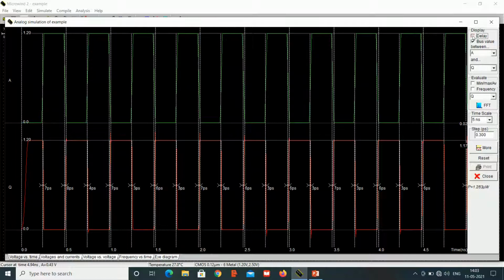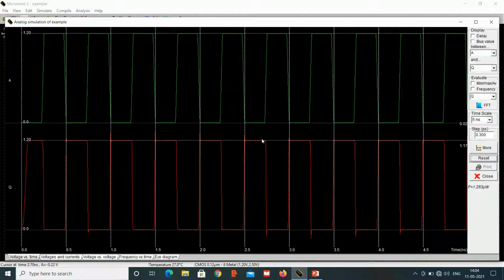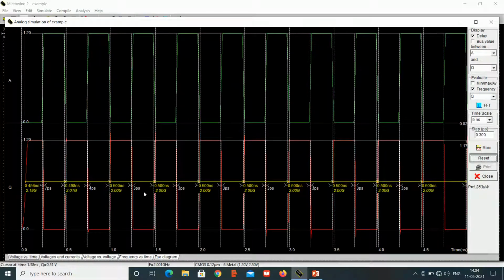If you do not require delay value, uncheck this box and give reset, so that you can check only the waveform. Then for frequency, if you require to see frequency and delay value, click on frequency delay value and give reset, so that the frequency is displayed, which is 2 GHz.